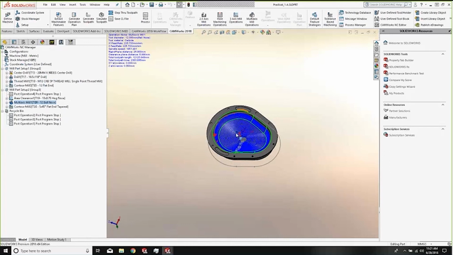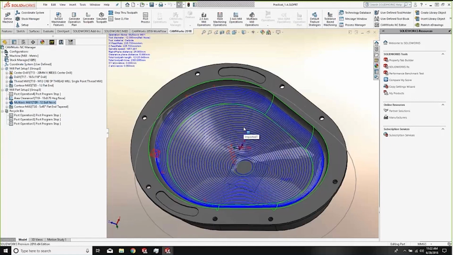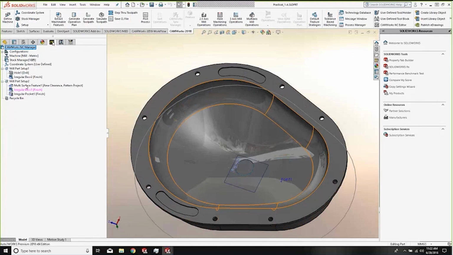But once I create that multi-surface feature, now it can become an automated process because I don't need to extract the machinable features. I've already identified them with the multi-surface feature. Now I can go generate operation plan and generate toolpath,